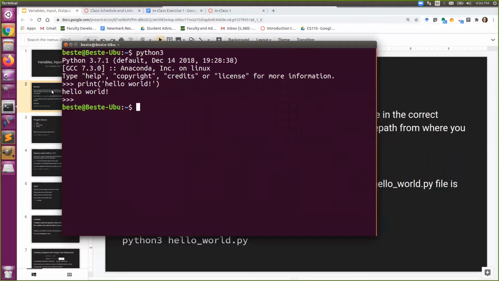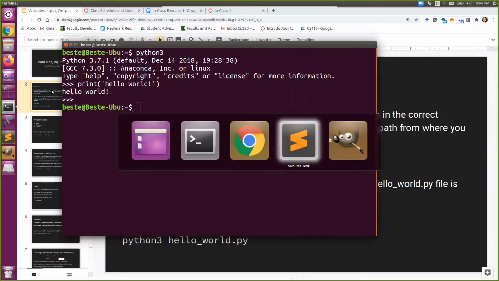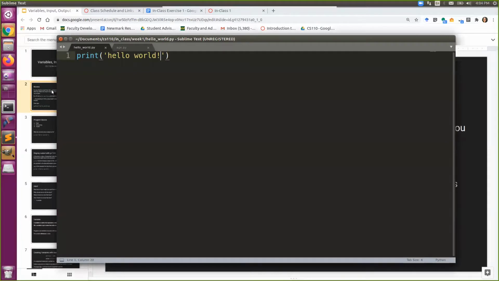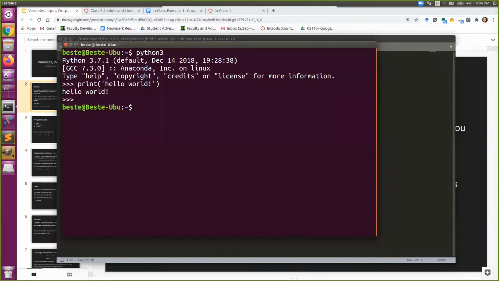And then the second thing we did was we used a script. So remember, we went to Sublime, and so we wrote print hello world in Sublime, and then very importantly, we saved it as a Python file. We called it hello_world.py. So if we go back to the terminal and I cd,